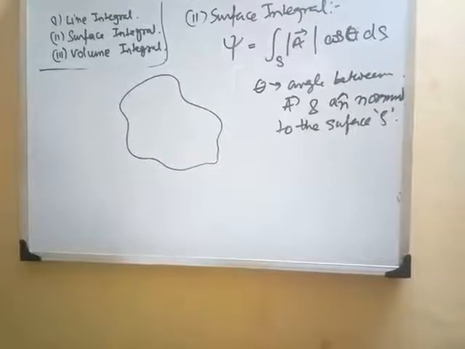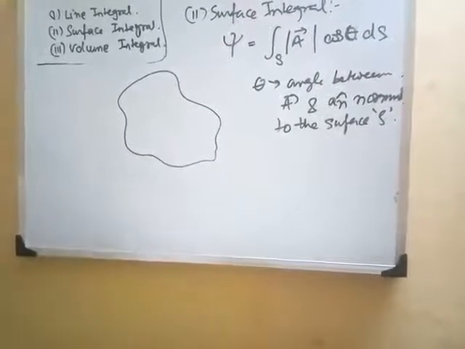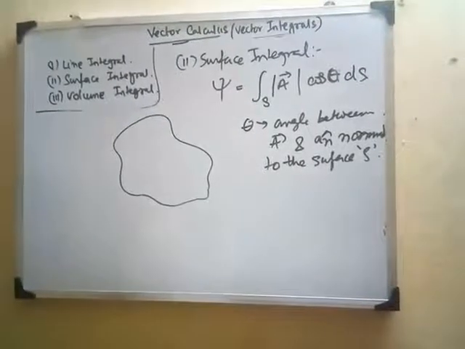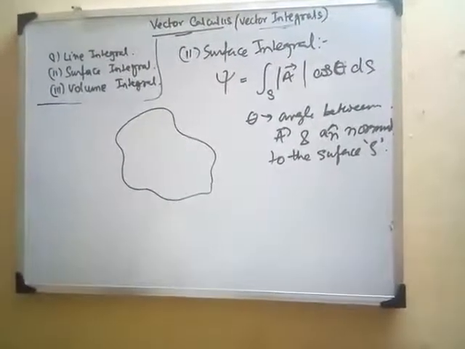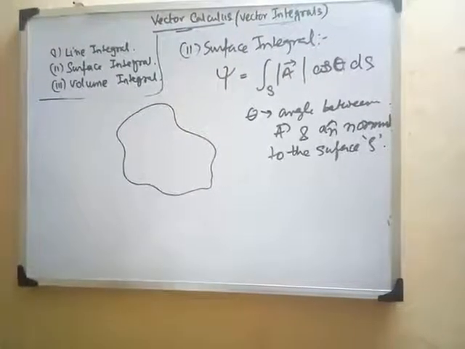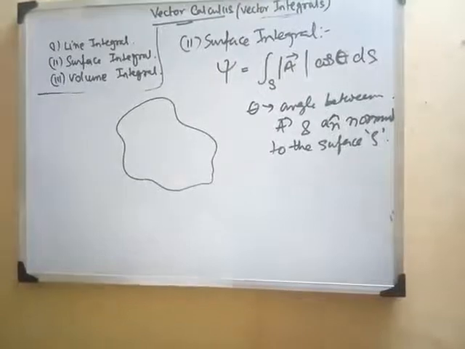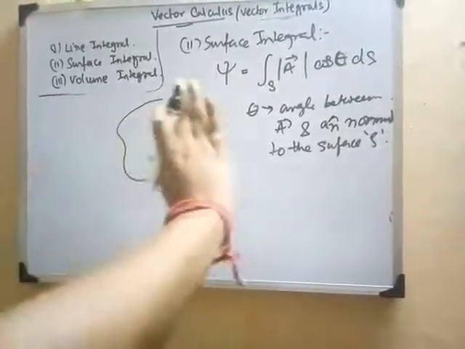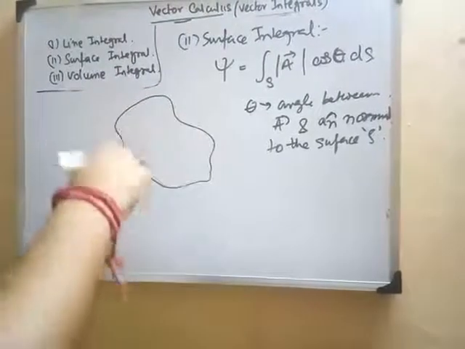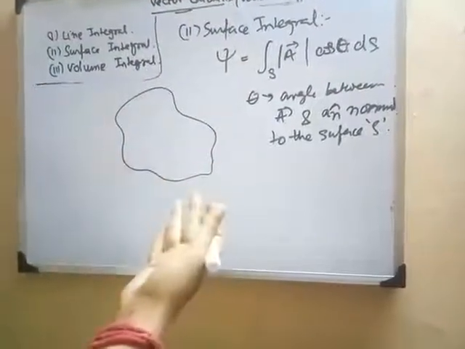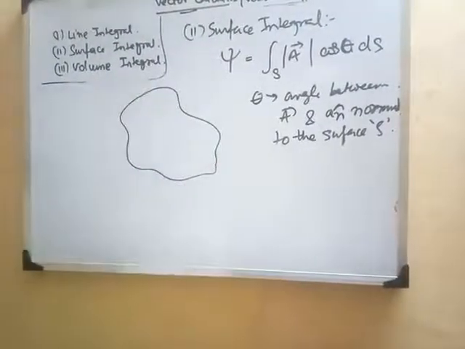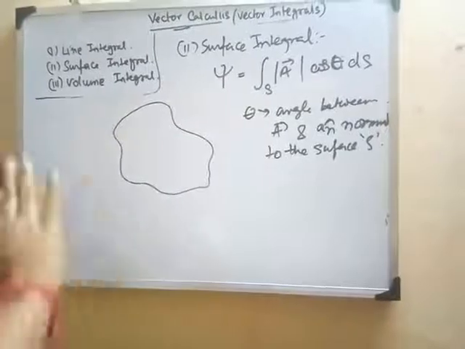In the previous figure you may get confused, since that figure and this figure are more or less similar, but this is not exactly the same. This is a total sheet like a page of a paper. Previously it was like a ring. In the case of line integral it was like a ring, but in this case this is a flat surface. This surface can be of any shape or size. It can be rectangular like pages of our copies, and it can be any arbitrary shape like this one also.